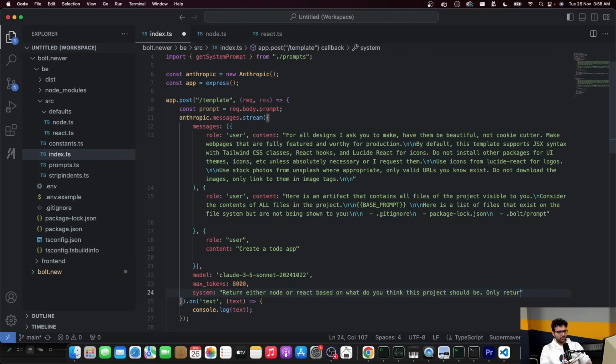Only return a single word, either Node or React. Do not return anything extra. And the question that I'm going to send is